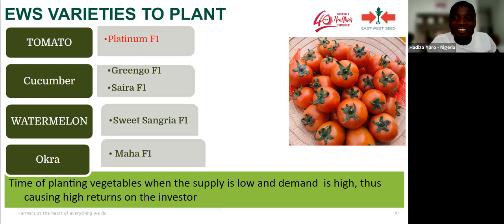And why? It is not far-fetched. It has resistance, as mentioned, to TYLCV, which is caused by the sucking insects, the aphids, the whitefly, and then thrips, or any sucking insect that you can talk about. It is resistant to all those, and they will not have that disease. And the question is, if you have used anti-malaria, will you go and sleep where there are mosquitoes? The answer is no. So because it's resistant does not mean that you will not spray or take care of the plant.